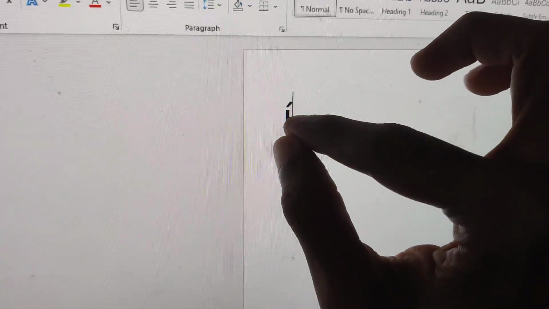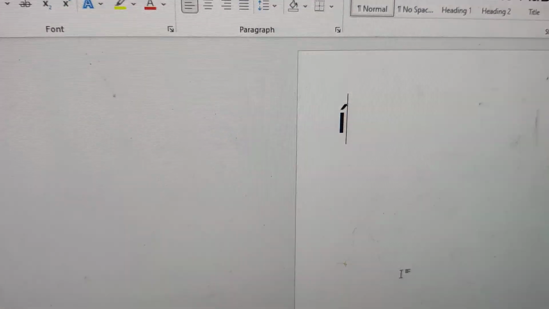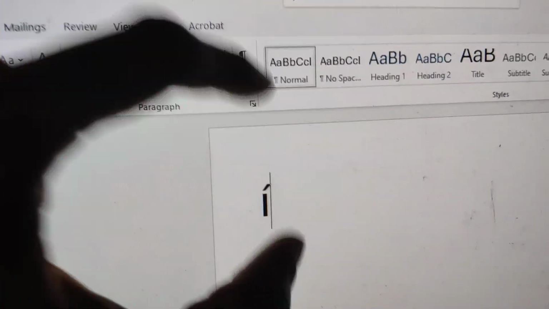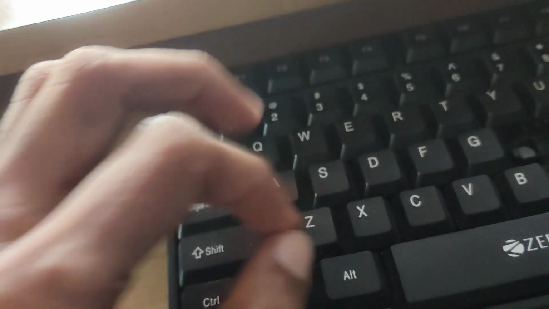So you can see this is the acute apostrophe in I. You can create it by this method. So how to create this? For doing this, you must go to your computer keyboard and open Microsoft Word, and after that you can see